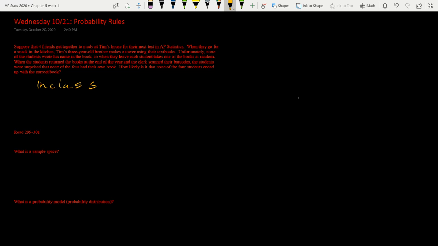All right, so we're going to talk about probability rules. This one's not going to be too long. So when we're talking about probability, don't forget reading the book is really crucial, guys. And I know some of you do, some of you don't, but I would suggest that you do it. But we're going to talk about sample space. And so sample space is the set